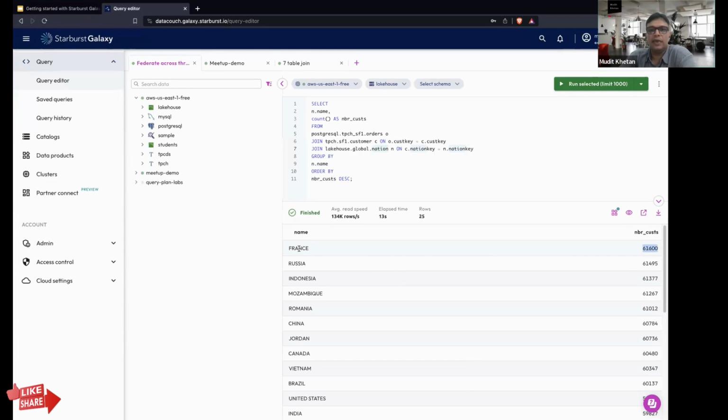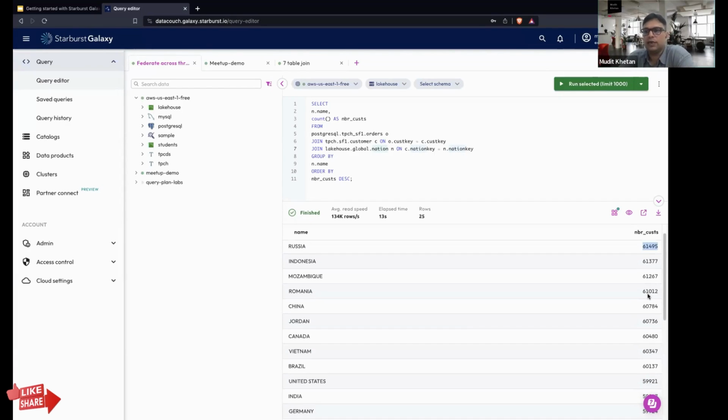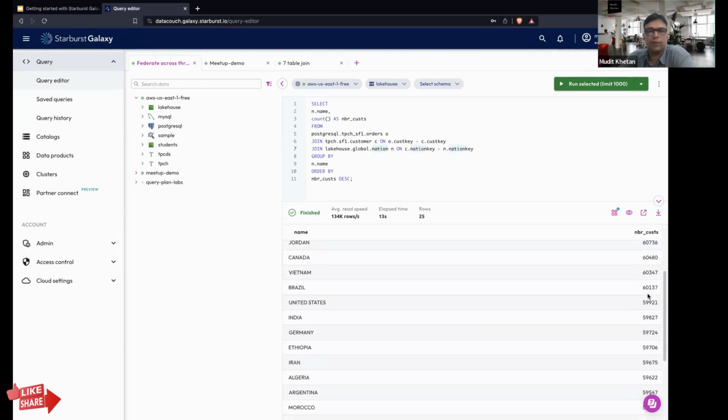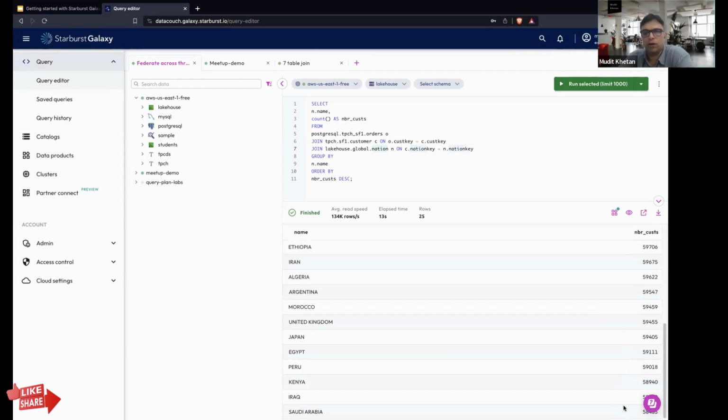As you can see, France was the country that contributed the most orders at 61,600. Then Russia contributed approximately 61,500, Indonesia approximately 61,400, and so on. And at the bottom, we have Saudi Arabia at 58,000 orders, and so on.